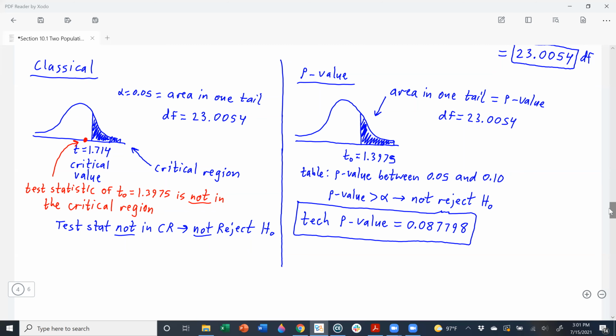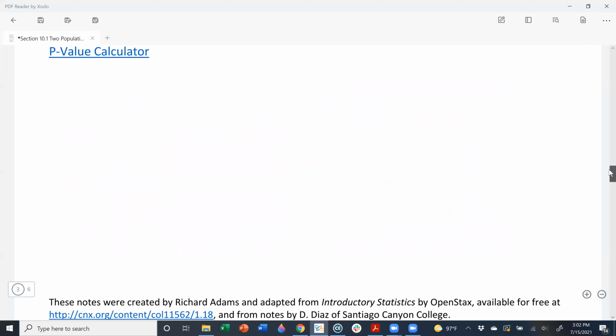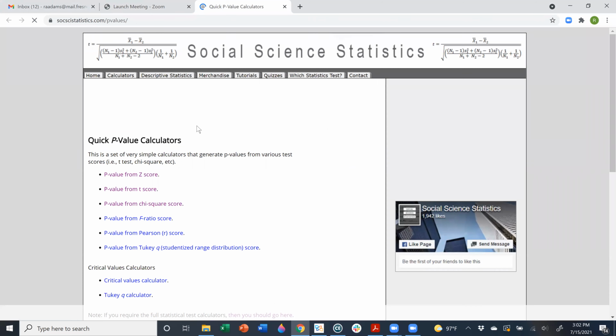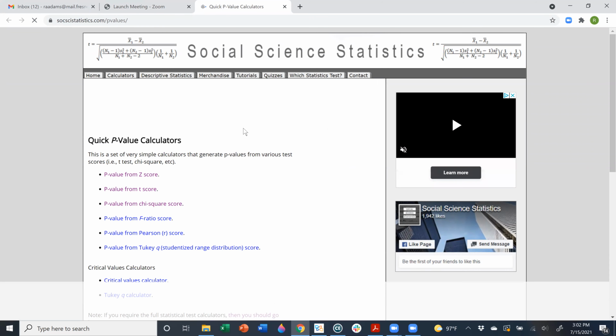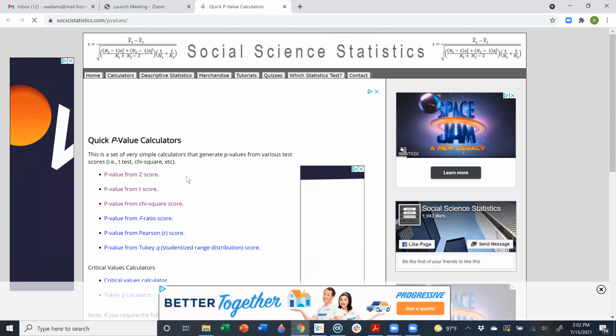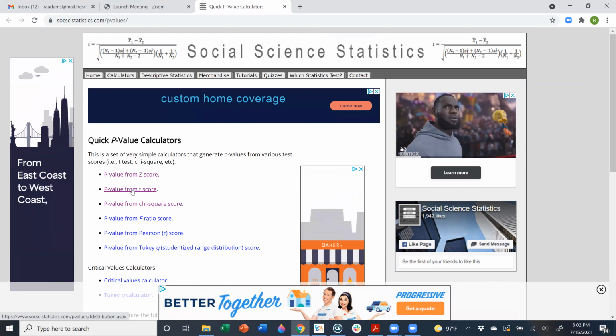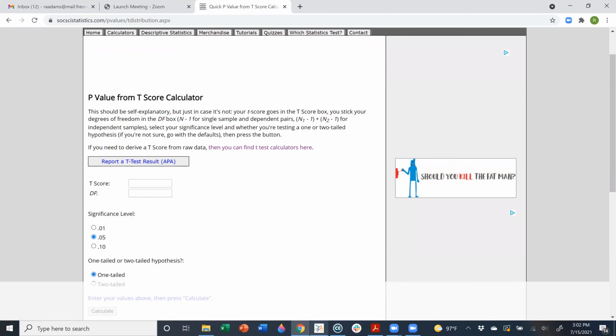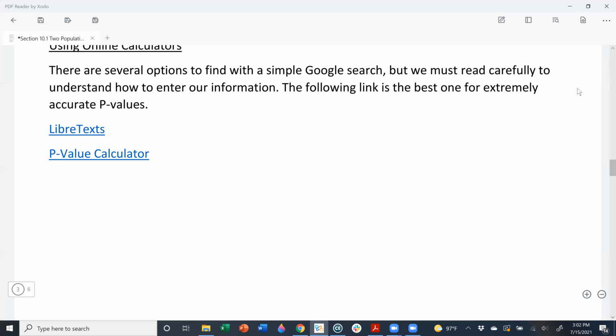Okay, let's go ahead and confirm that because I've got this nice p-value calculator right here. So let's click on that if you're not using the graphing calculator. And then I like this one because as long as you've got your t-score or your z-score, you're good to go. Okay, and you also need your degrees of freedom for the t-score. So let's click on the t-score p-value. Okay, and our t-score was